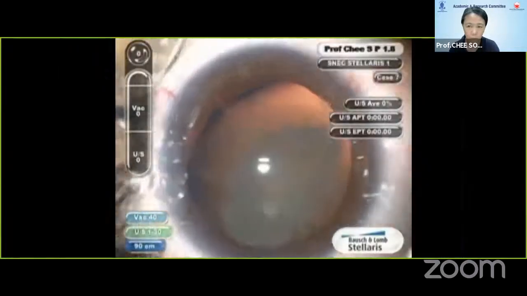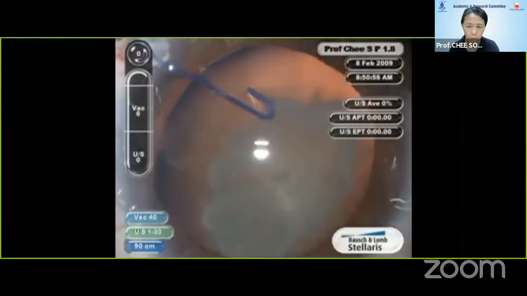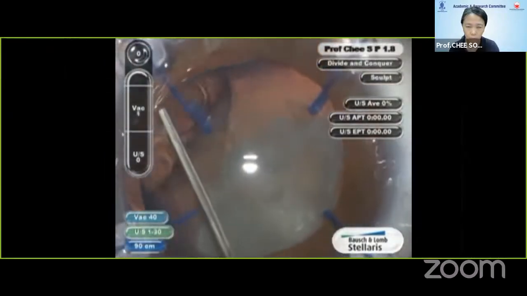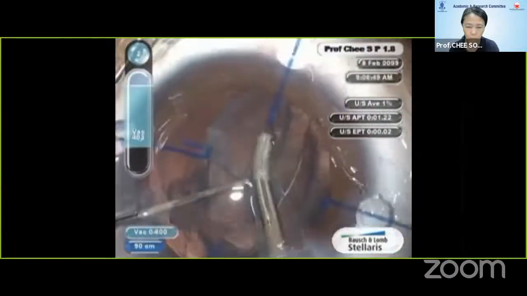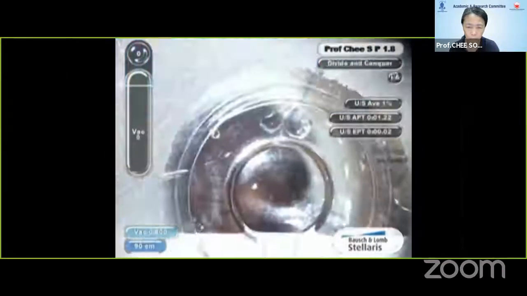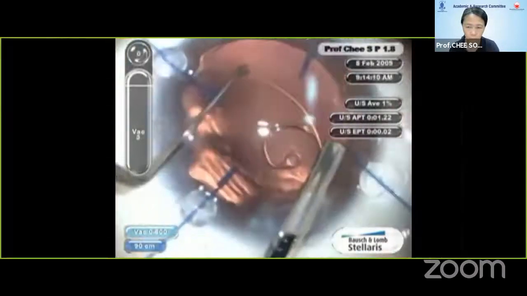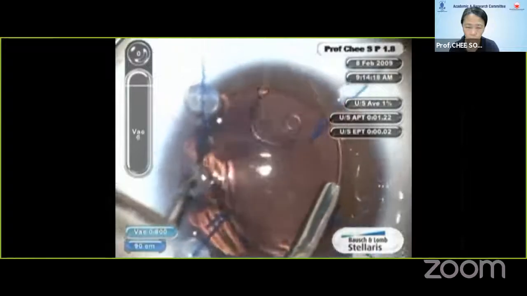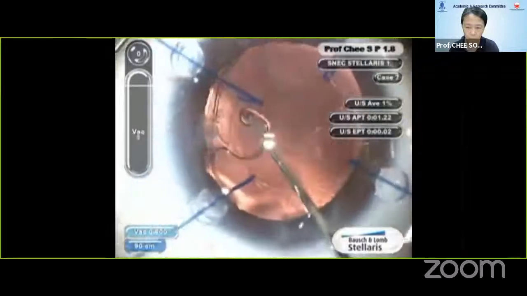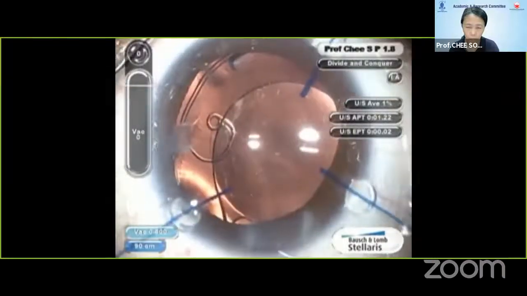This eye has 5 clock hours of zonulysis and a rosette cataract. After initiating the capsulorhexis, we then use an iris hook to support the rhexis as we tear the rest of the capsular rhexis and support the capsular bag with iris hooks, but the equator is not supported, and therefore we use visco dissection to release the cortex. And now we support the equator by inserting a Cionni 1L capsular tension ring, which has been loaded with polypropylene suture. I would recommend you use 9-0 if you use polypropylene suture, and then insert the intraocular lens into the